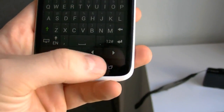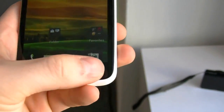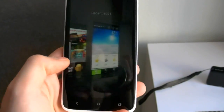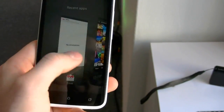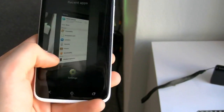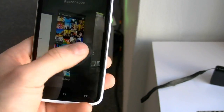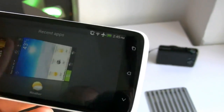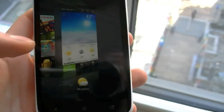Okay, so the other thing that I wanted to show you was the multitasking button. It's a little bit different to what we're used to with traditional Ice Cream Sandwich. We have a kind of card view here, kind of like Windows Phone, but a little bit more 3D. And if you want to get rid of an app, for example, you can just swipe up and get rid of it. The camera app as well has received some serious love, and we'll just try to demo